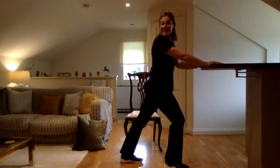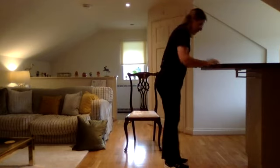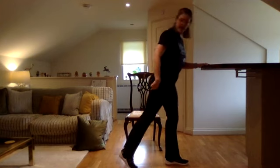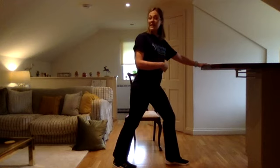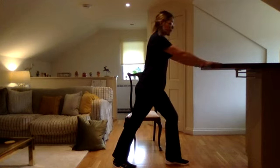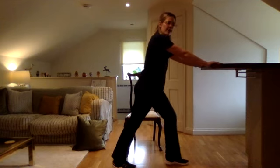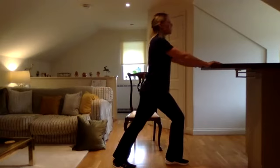And congratulate yourselves on your effort today. Lovely. Okay, we're going to change legs now. So standing, you're going to put the opposite leg back. If you're sitting, change legs. So try and bend the other knee back as far as you can, heel on the ground, and just try and get some weight down through that leg, okay? You're bending that front knee if you're standing, keeping that back leg straight, heels on the ground, chest up,